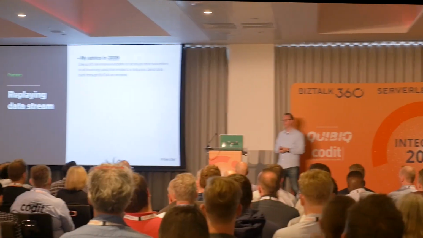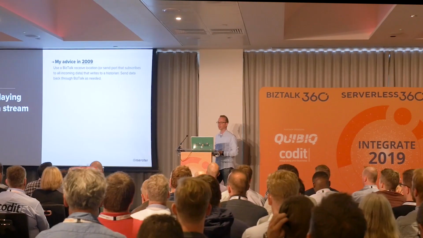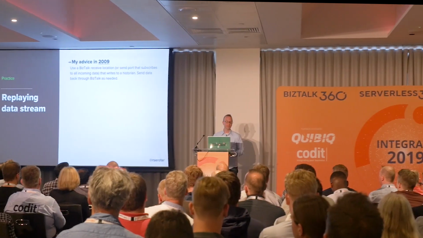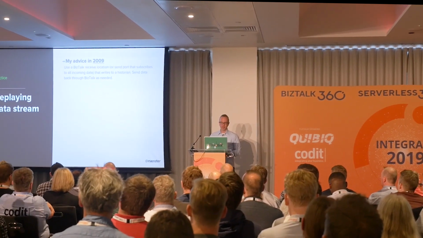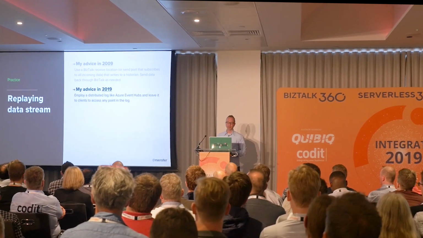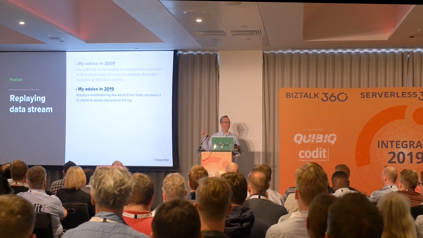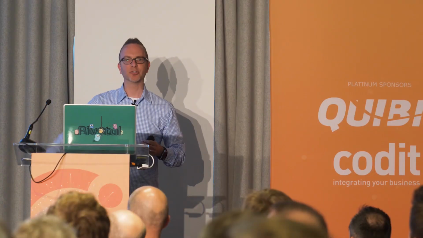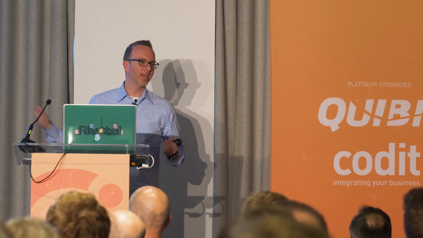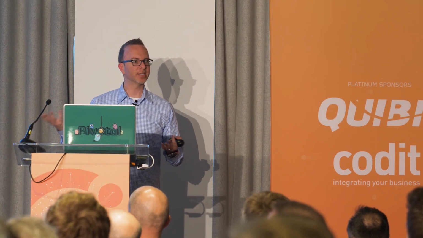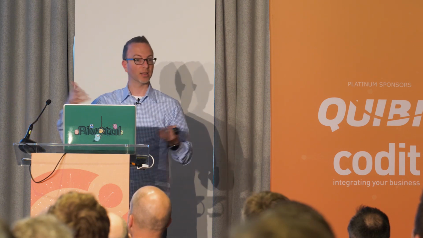So that was kind of a decent little replay, a little complicated, but it worked, right? So that was not bad. My advice now would be this is the use case for a distributed log, where I'm turning the database inside out, listening in on the log, getting the event stream. At this point, it's not a message broker. It's an event bus or a distributed log like Kafka or Event Hubs, where I'm just going in and reading what I want to read. It's more like a database than a message queue. So in that case, it plays really nice to that.